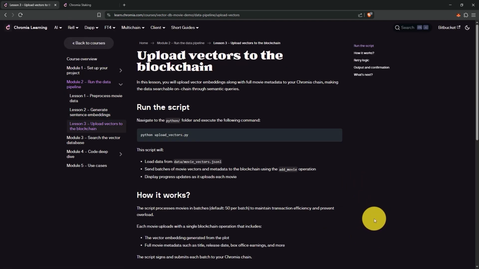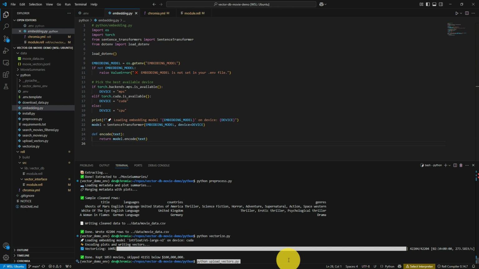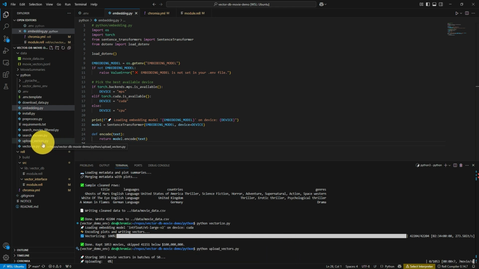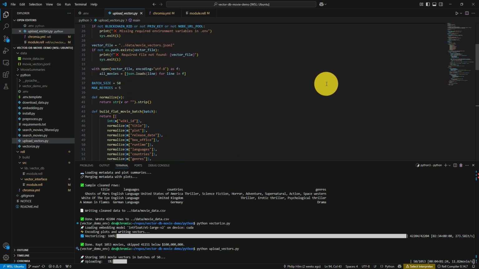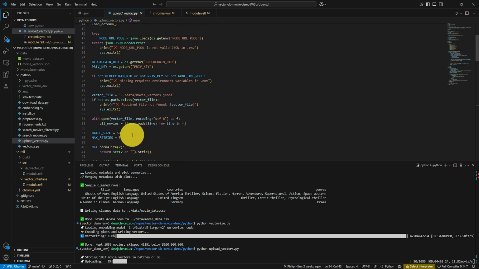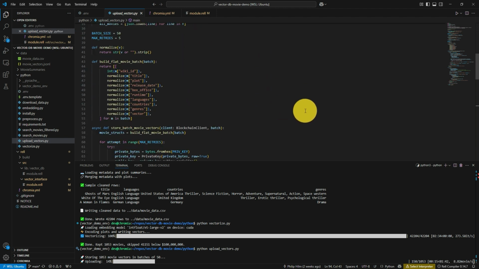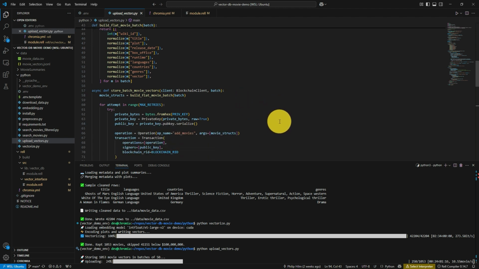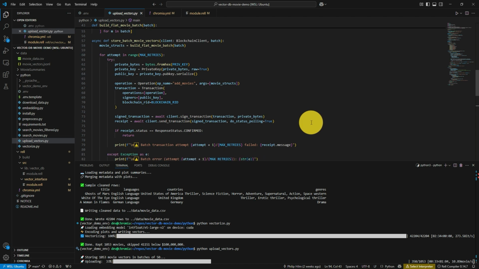And of course, there's a script that takes the vector file and uploads it to the blockchain in batches. Let's run it and quickly look at the script while we do. It reads the movie vectors file that we just created and prepares the data for upload. The upload happens in batches of 50 for performance. As you can see here, it formats the data in the form our Rell code expects, both the metadata and the vectors together. It uses the add movies operation defined in our Rell module to store both the metadata and